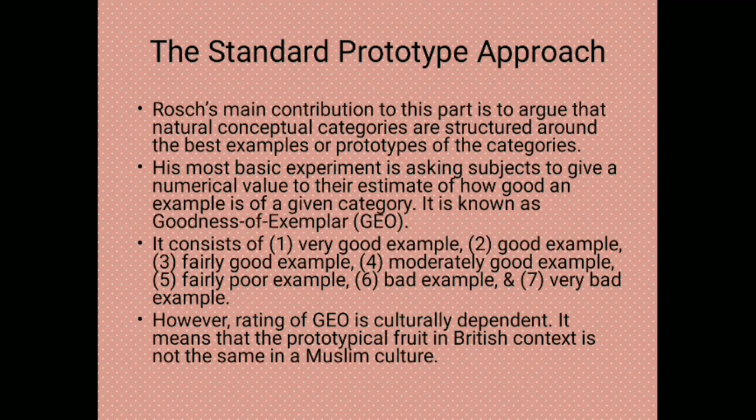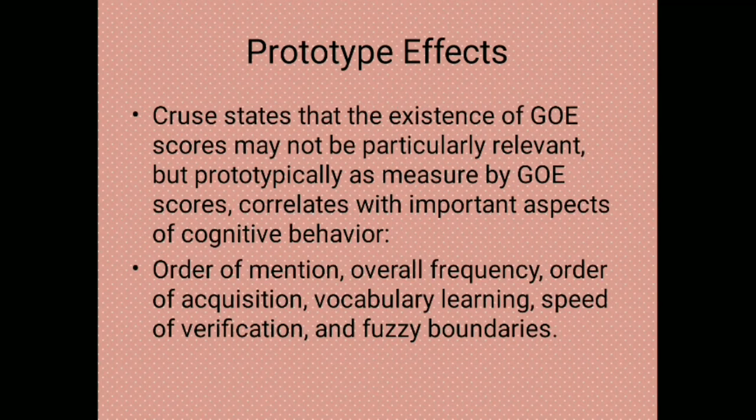However, rating GOE is culturally dependent. It means that the prototypical fruit in a British context is not the same in a Muslim culture. Next, we know that prototype also has effects. Rosch states that GOE scores may not be particularly relevant in themselves, but prototypicality as measured by GOE scores correlates with important aspects of cognitive behavior, which are, the first one,